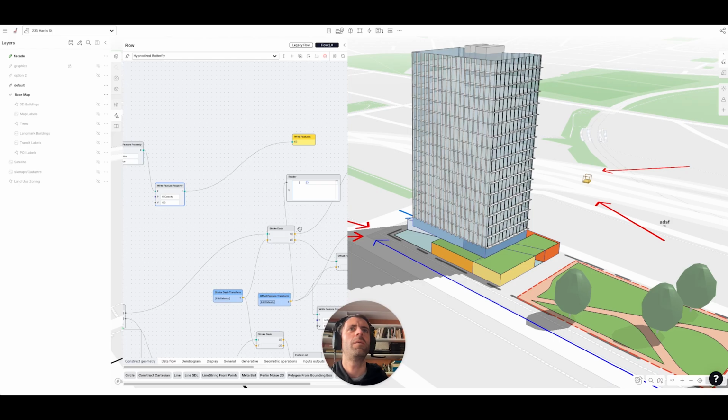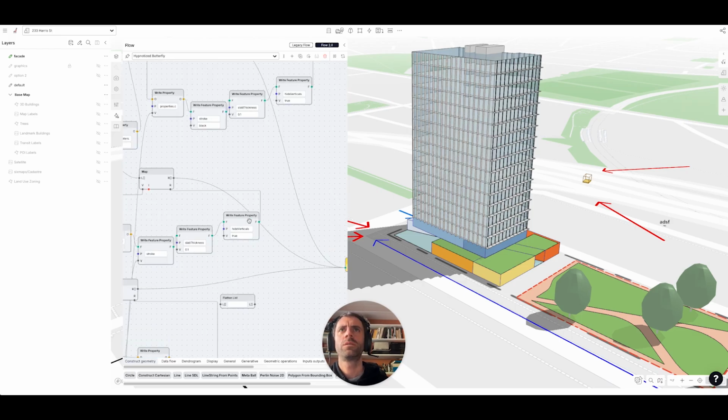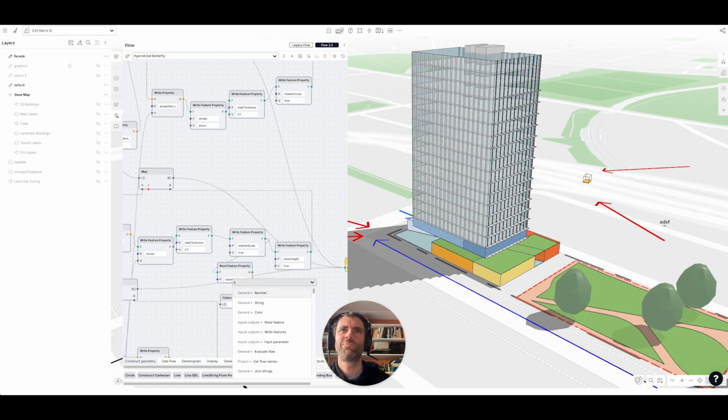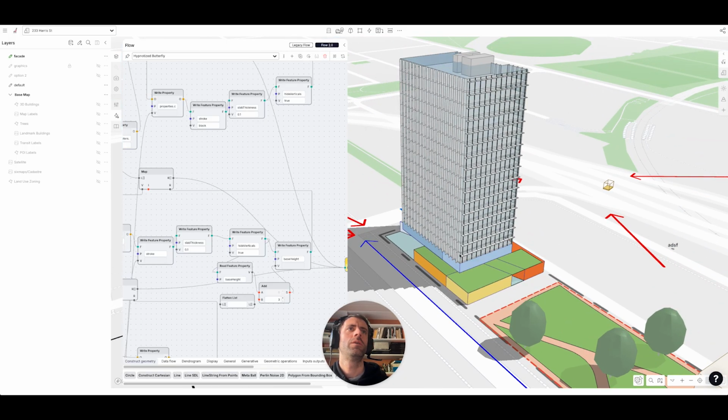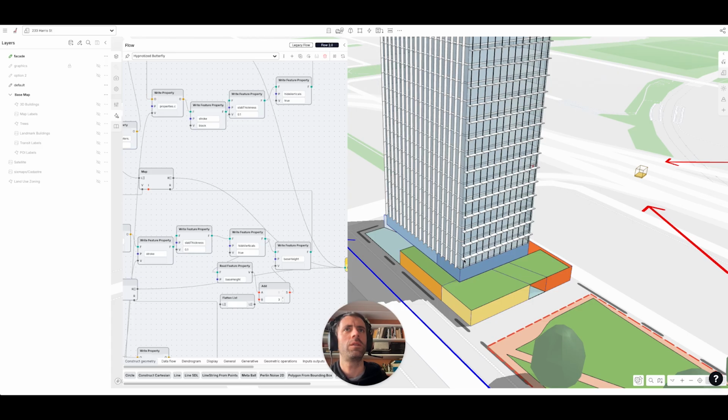I'm going to lift these up. Just these guys. And I'm going to write a base point. So this is a long movie now. This is an enthralling and long movie. Base height. And what I'm going to do is read a feature property, the base height. I'm going to add 1 to it. So I'm going to add 3 to it. There we go. So what that does is, because this was sitting at the bottom, so if I add 0 to it,